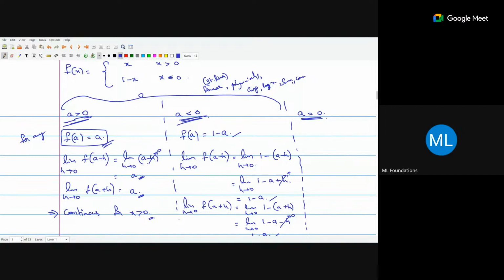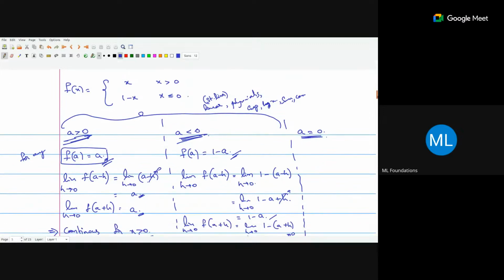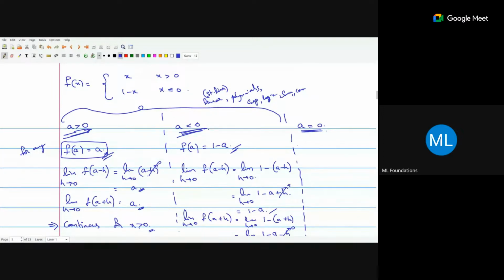continuous functions to us. So that is why when you restrict, if you see here, this is a linear function. f of a is a linear function. You don't need to do all these things. It will be continuous. Here also it is a linear function. Now the only case we have to solve is what happens when a is equal to 0. Now what is f of 0? 1 minus 0, which is 1.